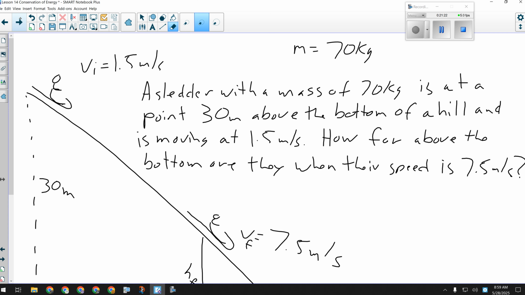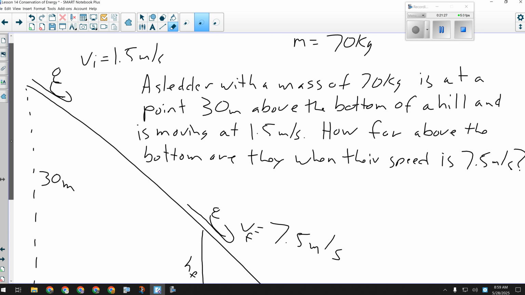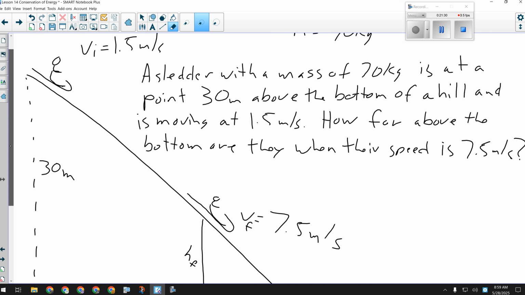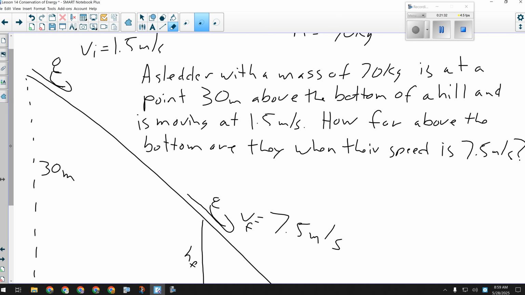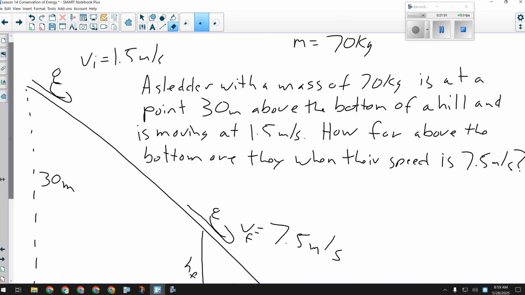Mark this one down as conservation of energy problem 2. This one is as involved, as complex as a conservation of energy question could get. The good news is, it's only a little more algebra. The concept isn't any harder than the last one. So I'll get you to copy all that down, including the crappy diagram.